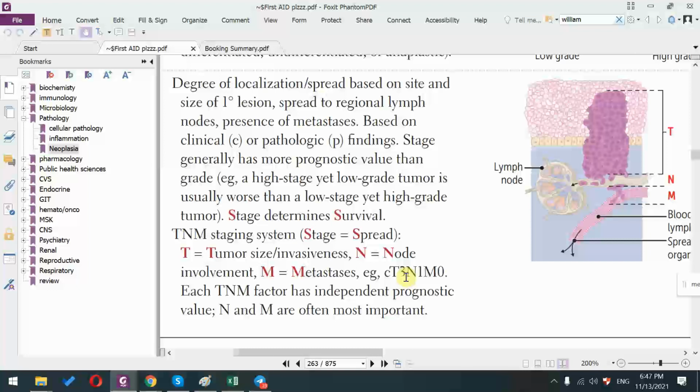N and M are the most important, and M is the most important. But if you don't have M as an option, choose N. For example, if they ask which of the following is the most important prognostic factor, and the answers are: A, the size of the tumor is 12 centimeters; B, involvement of the axillary lymph node; C, involvement of the